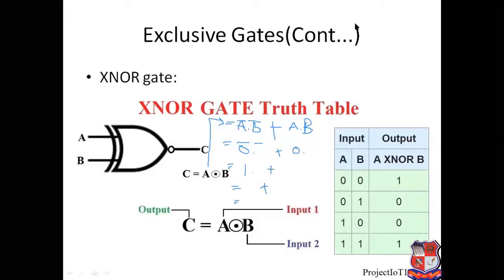So we are putting value of B as 1. So here 1, here 1. So 0 bar is again 1, 1 bar is 0. 0 into 1 is 0, 1 into 0 is 0. Here 0 as it is, so 0 plus 0 is 0. So if my value is 0, 1, then my output should be 0. Same we will check for 1, 0. What happens if we are putting value 1, 0?